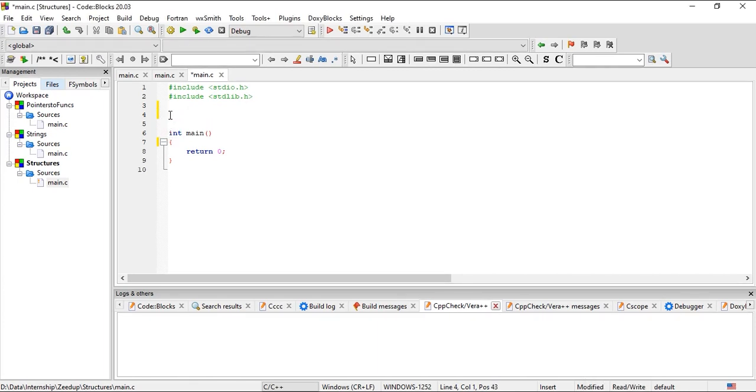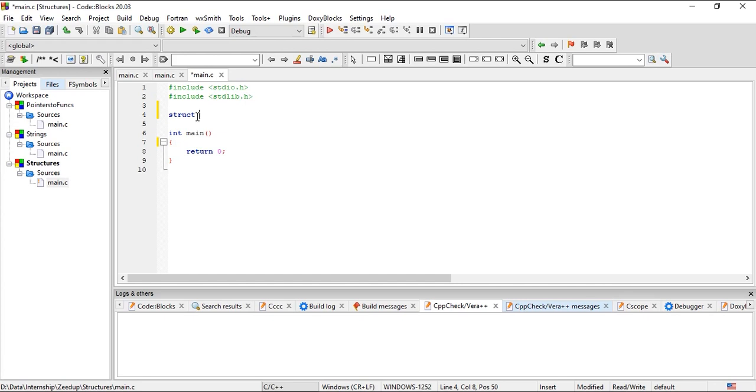For that, first of all, we need to make sure of one thing, that a structure is declared outside the main function. Like the array, it was declared inside the main function, but the structure is declared outside the main function. So you need to step out of the main function to declare a structure. And for declaring a structure, we need a keyword known as struct. So when you write the struct keyword, the C compiler knows that the next thing you are going to do is actually declare a structure, right?